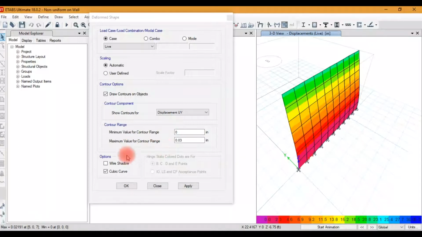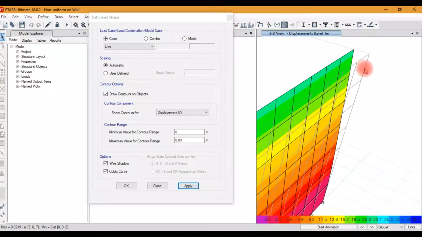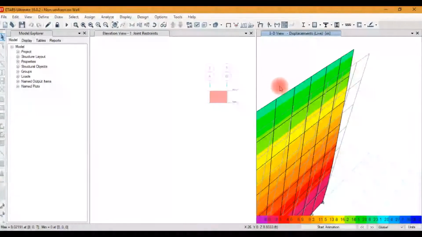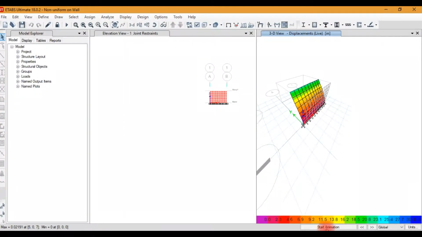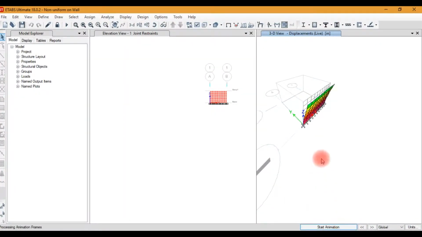You can see here the white shadow shape also. This is the undeformed shape, the white shadow, and this is the deformed shape. You can start animation here. You can change the speed here.